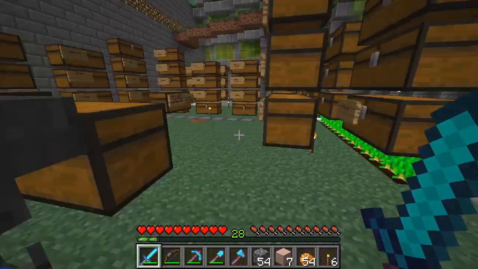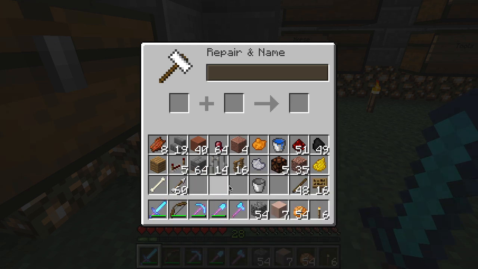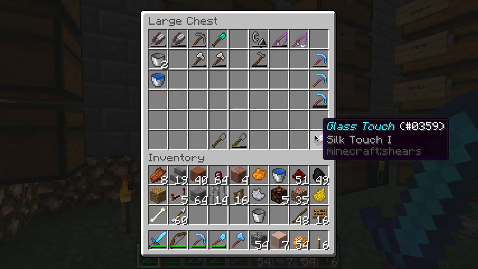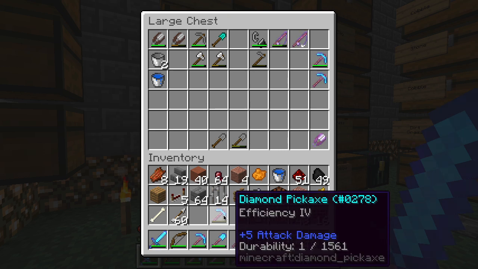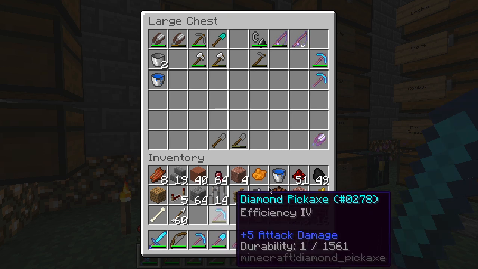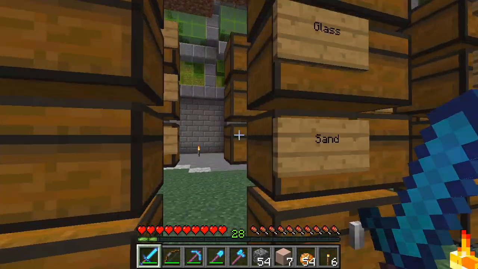Because repairing, everyone's talking about how repairing is so cheap now. I don't have anything that I can repair. There's probably something in here I can repair. Here we go. Here's an Efficiency 4 pickaxe. I did this one between this time and last time. I'll show you where I used it. But it has not been repaired at all yet. So I'm going to go ahead...